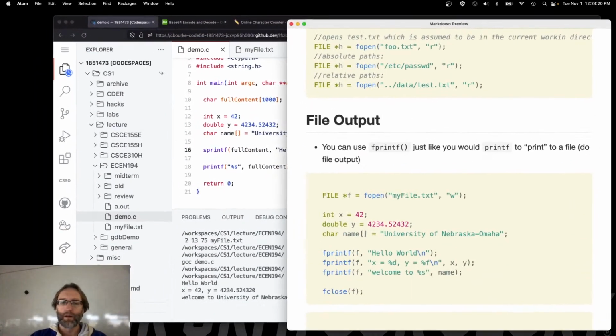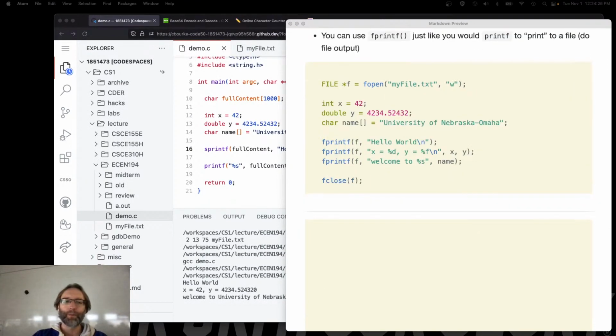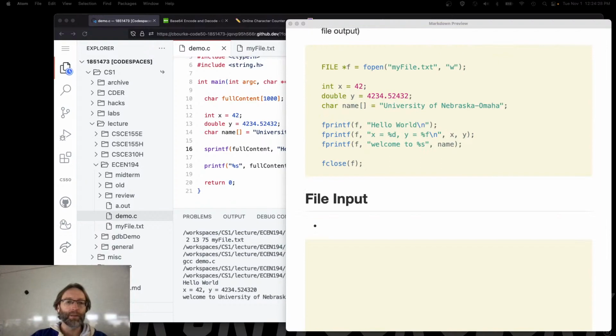Okay. Now let's go to the hard part. It's really still not that hard, but file input. Let's go ahead and jump down here. Yep. All right. So I'm going to keep it simple. There are many ways of doing file input. Most of them are dangerous. A lot of them are complicated, overly complicated. We're going to keep it simple. We're going to use